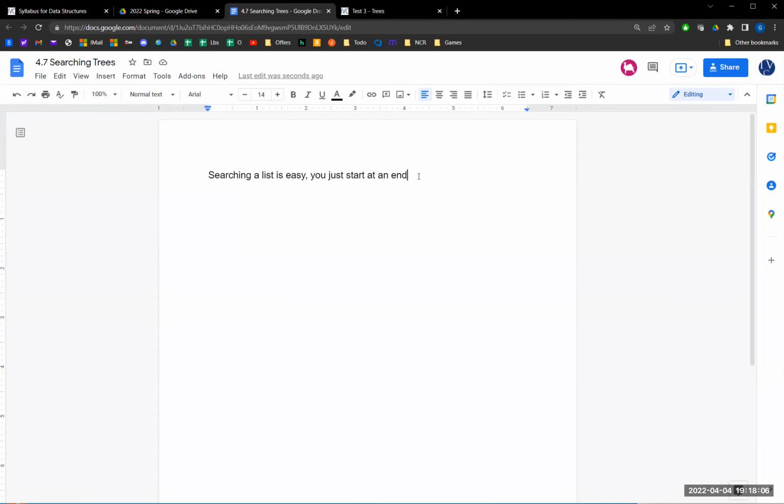And start at one end and work your way through. Or possibly middle if sorted. We call our binary search. All right, with a graph,